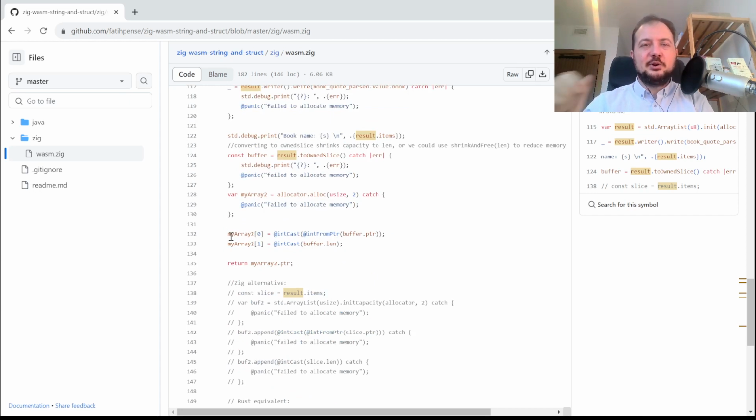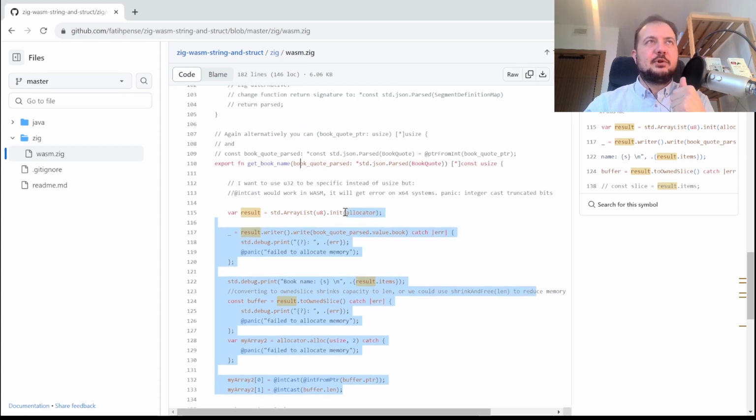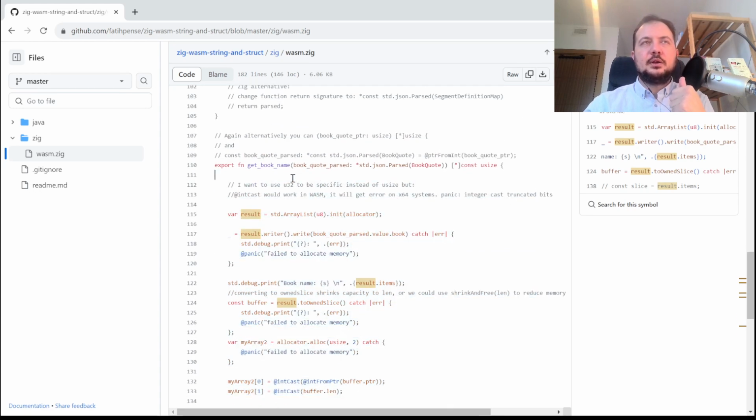This function is going to return a pointer to an array, so the size is known beforehand. So there are two values. One is the pointer to the string, and another is the length of the string. So this is the trick that makes it work without null